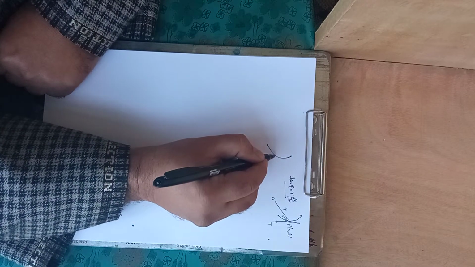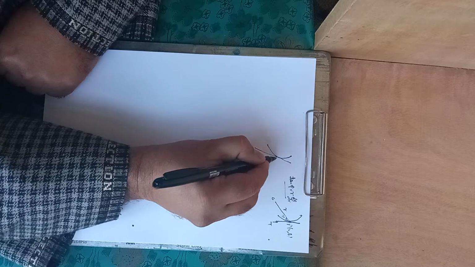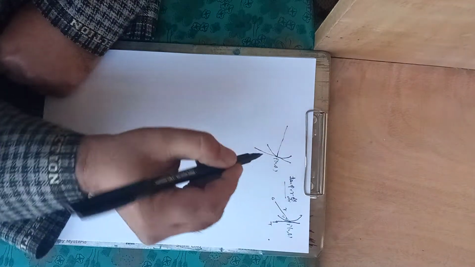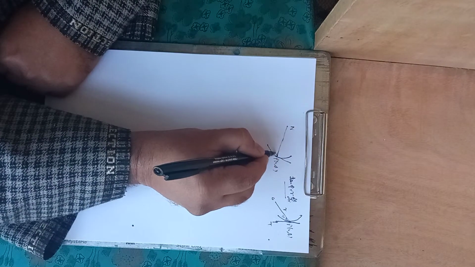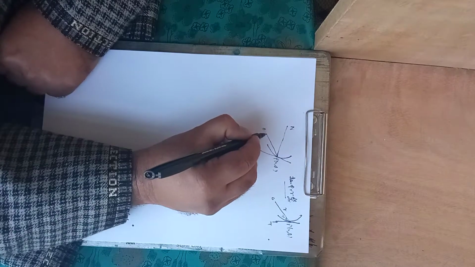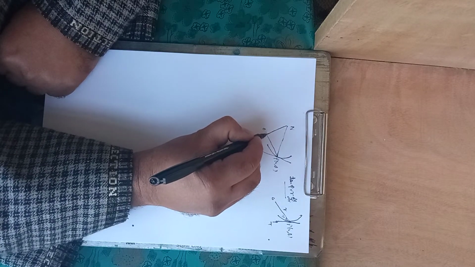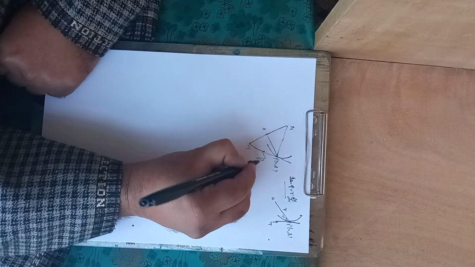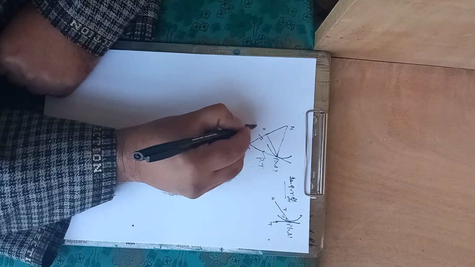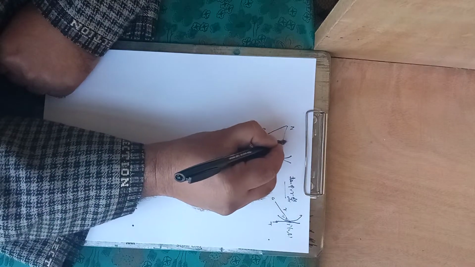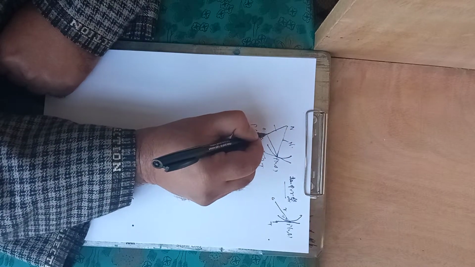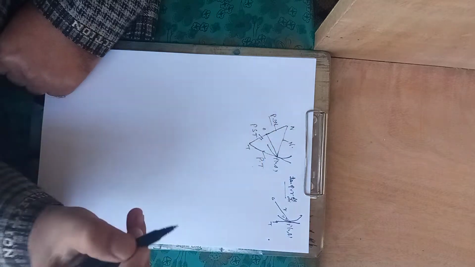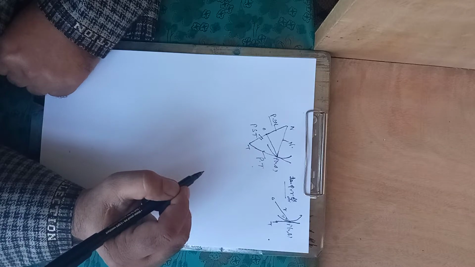You already know that if this is the tangent at the point P, this is the normal to the curve, PN. This is the pole. We are drawing a perpendicular to this pole which meets the normal at N and the tangent at T. This PT is the polar tangent. This OT is the polar subtangent. This PN is the normal, and this ON from the pole to N is the polar subnormal. We have already found these lengths.